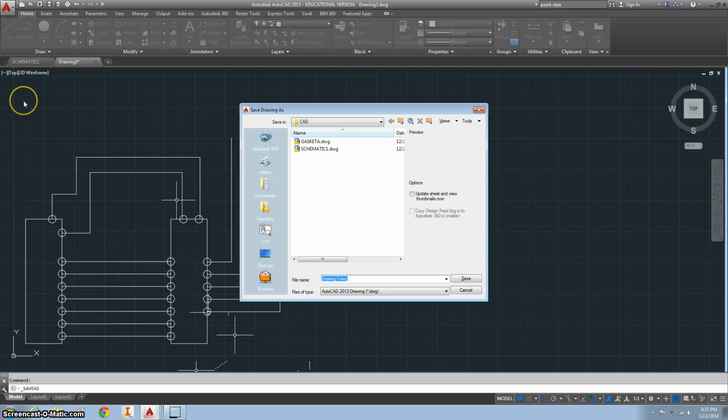Go to save as, and then title it Schematic 1. Alright, please look up